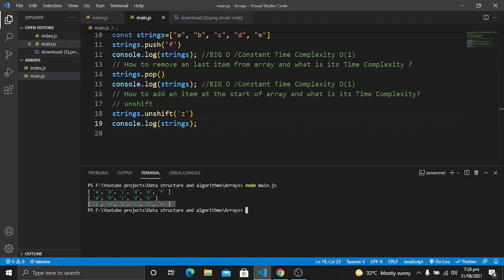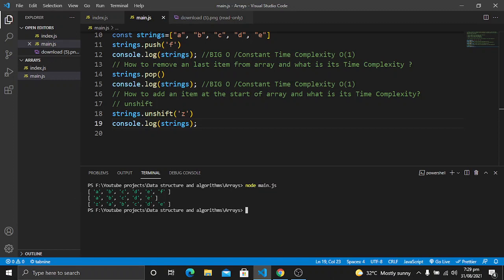As you will see, we have added z at the beginning of an array, but you will see a change here. Now when we have added z at the 0 index, all of the other items have moved towards the next indexes. So it means that these are concerned with the insertion at the start of an array, because these are changing their locations.